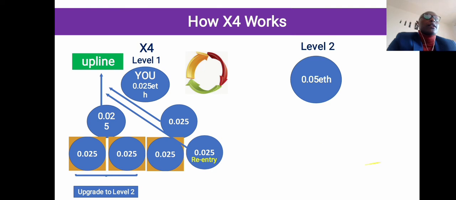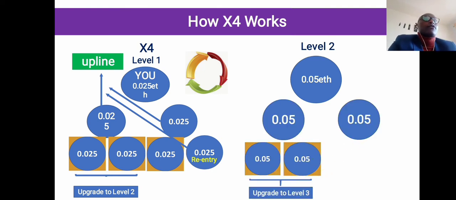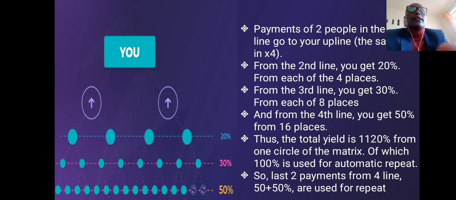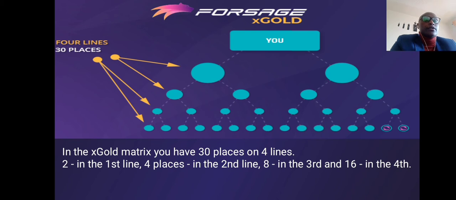The same way on slot 2 on X4. Over here, you earn 0.05 Ethereum on the 3 mini slots on the second line, the colored ones over here. The first 2 on this line go to the ecosystem, and that's how the system keeps running. And the founders also introduced